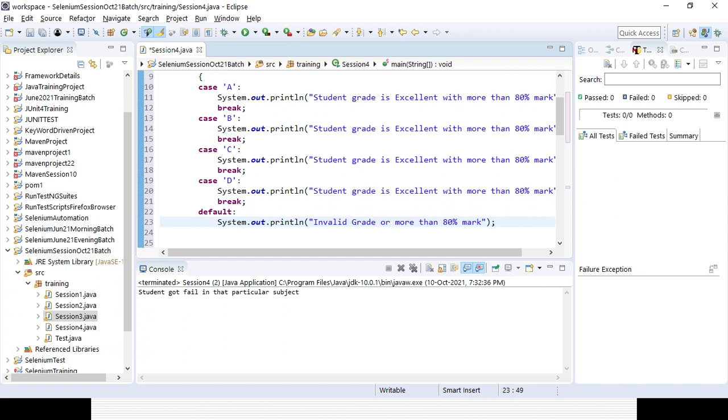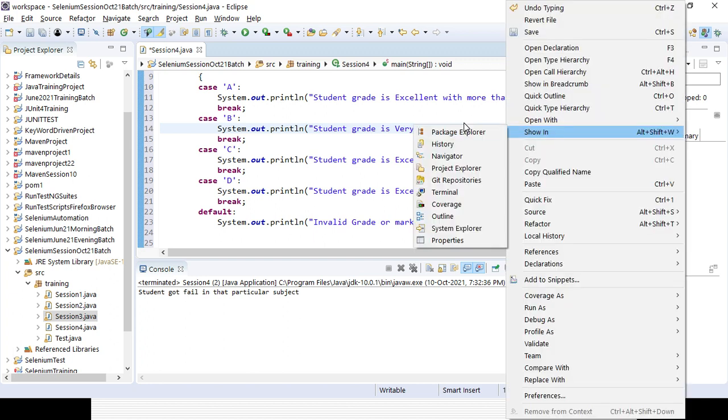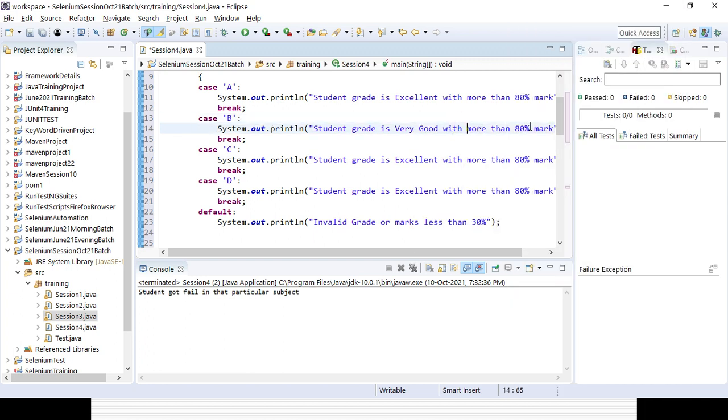Or mark less than 30%. So for B I can say student grade is very good with 60 to 79% mark.